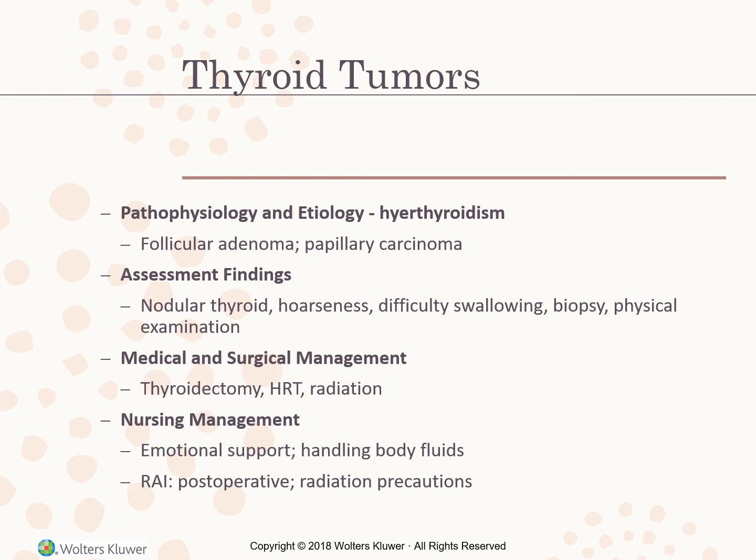So, although treatment of malignant lesions varies, a thyroidectomy, which is a total or subtotal removal of that tumor, is typically performed. A modified radical neck dissection is indicated if there is metastasis, which means it has spread. And after a thyroidectomy, thyroid hormone replacement is given to restore thyroid function and to suppress pituitary TSH so that it no longer stimulates growth of residual thyroid tissue. 131I is administered to destroy remaining thyroid tissue as well as to treat lymph node metastasis if present.